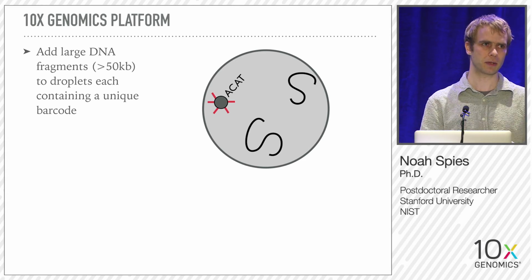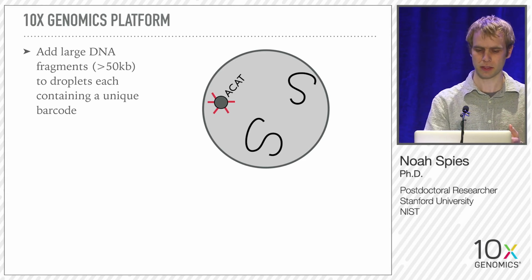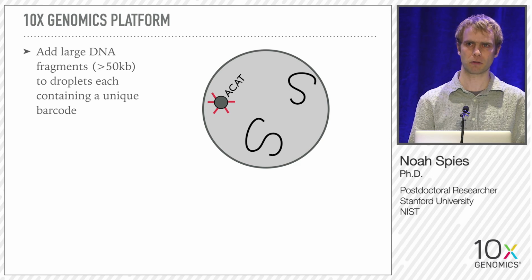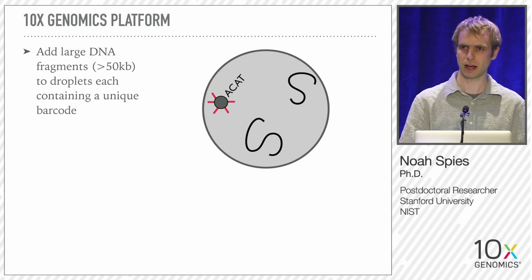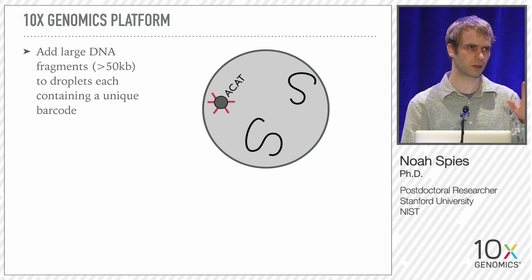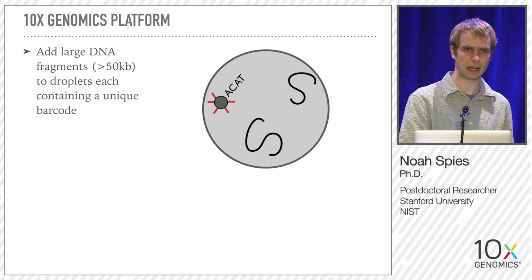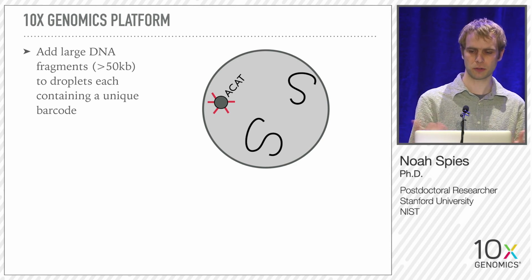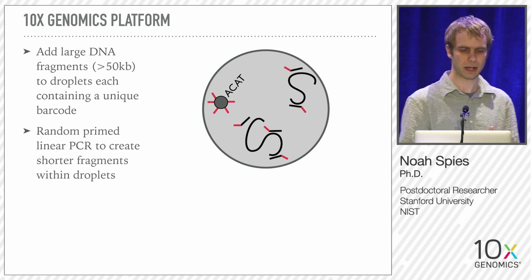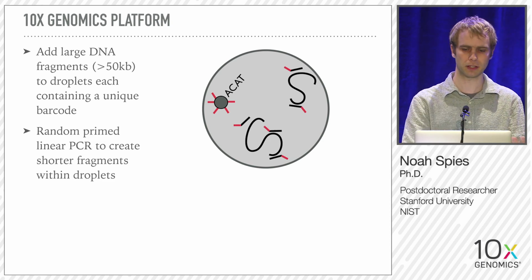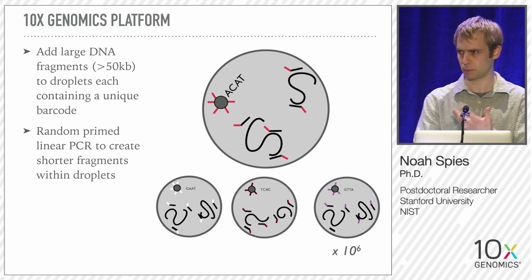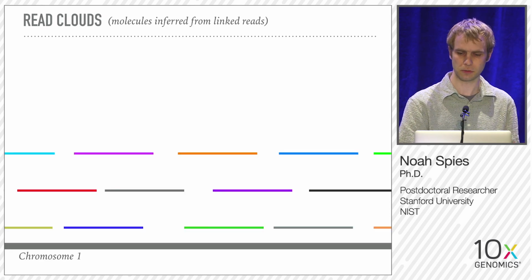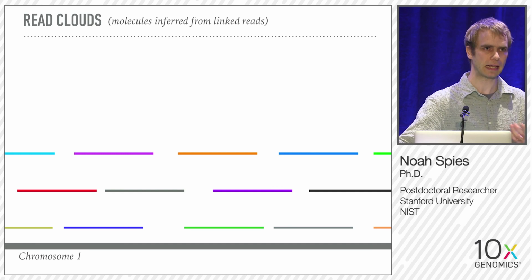And we're then partitioning them into microfluidic droplets. The second important thing to remember is that each droplet gets more than one fragment. For the GemCode, the first version of the 10x platform, there were on the order of 100 fragments per droplet, and now with Chromium we get about 10 or so fragments per droplet. Within those droplets we perform random priming PCR to create shorter fragments templated off of the long DNA. Then we perform this across millions of droplets, release the short DNA fragments, and sequence them with standard Illumina. And so the analysis then looks